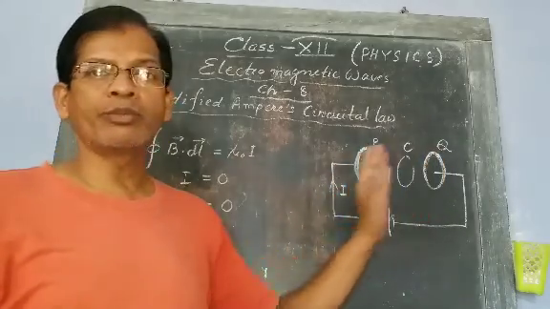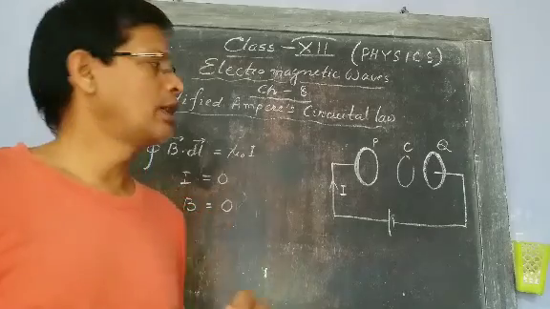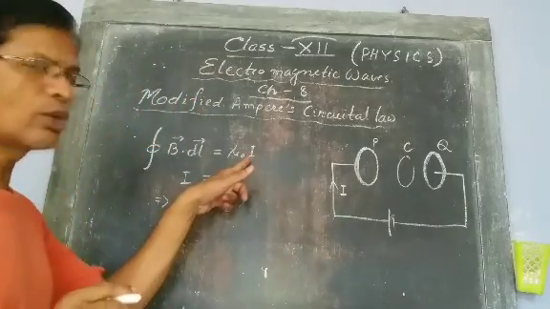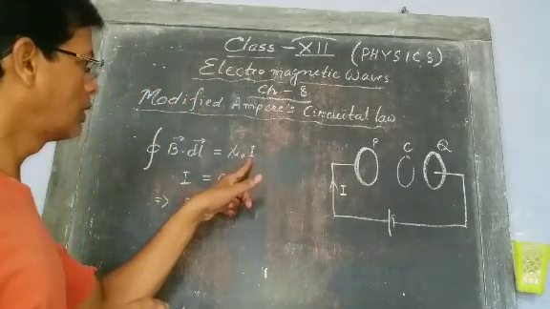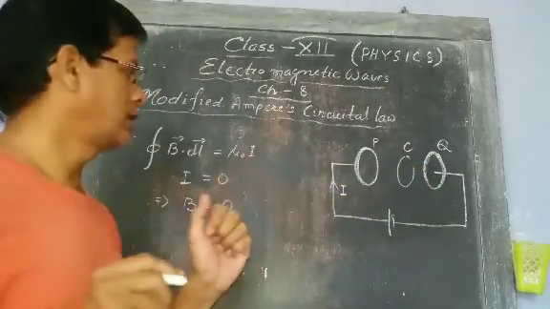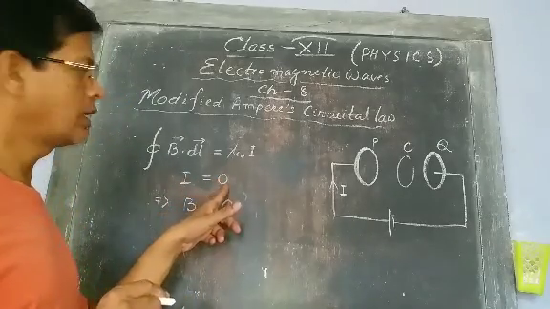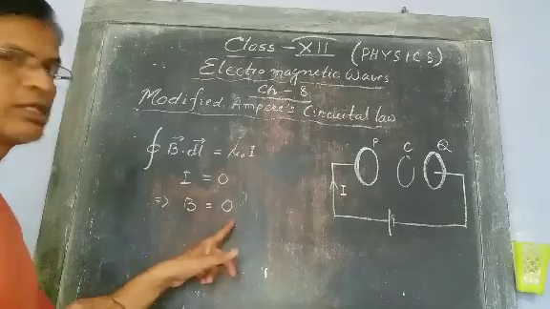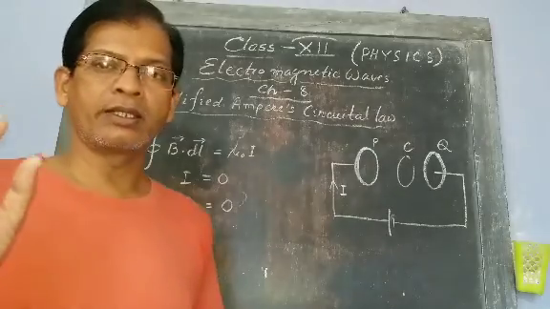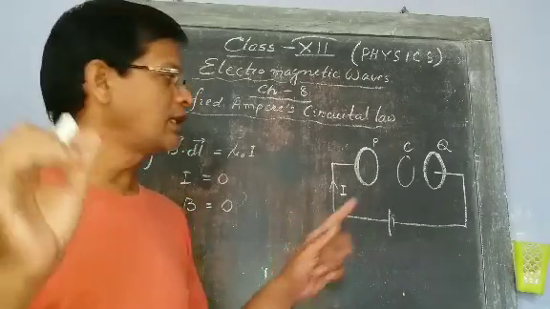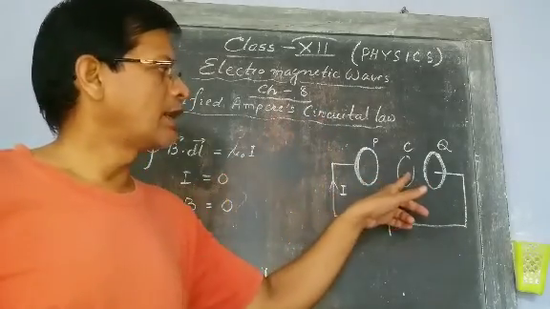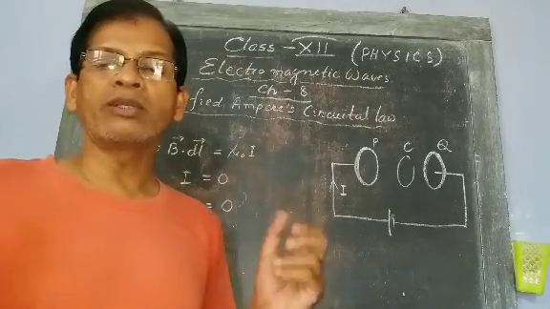In between the two plates of the capacitor, there is no conducting wire, so there is no conduction current. Since there is no current through this loop and the right side is 0, the magnetic field is 0. So in between the two plates, there is no magnetic field. But if we place a magnetic needle in between the two plates, it is seen practically that the magnetic needle is giving deflection. What does it mean?